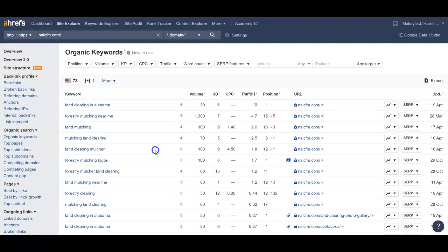Now I know that you're not in Mobile, but my point is that each of these keywords, there is a volume there, and even if that volume is relatively low, there is still a certain amount of people that are searching for that word, and ranking even for low volume words is important because of the type of services that you do. So bottom line is there is potential for growth for your company by ranking for these additional words,